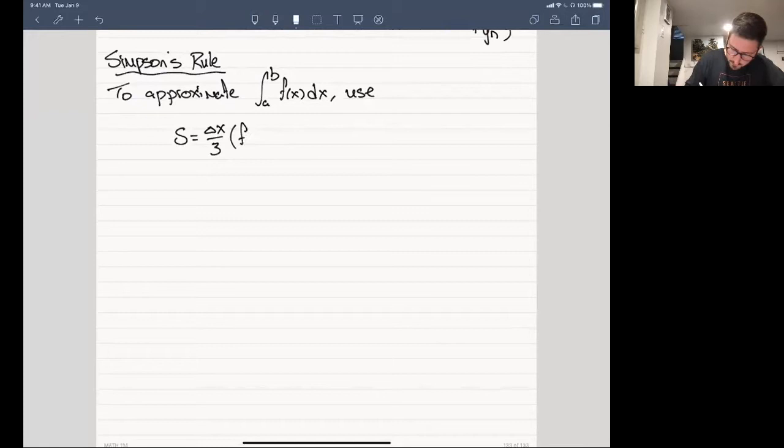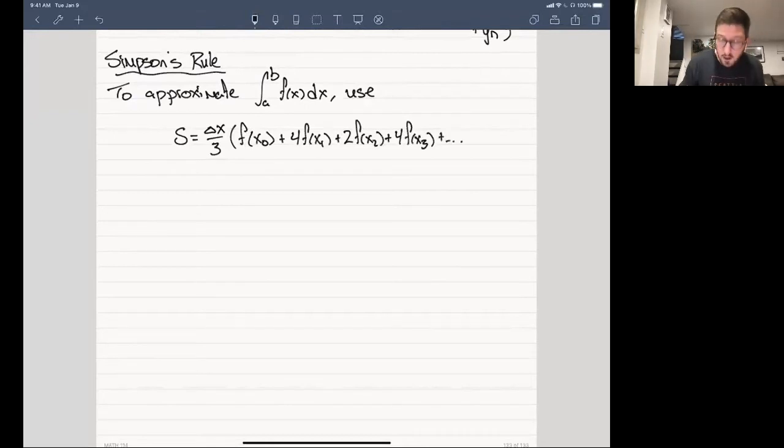Maybe I'll keep everything in terms of x's. x0 plus, and now we've got 4 f of x1 plus 2 f of x2 plus 4 f of x3. So all the odd numbered ones are going to get 4s. And then dot, dot, dot, plus 2 f of xn minus 2 plus 4 f of xn minus 1 plus f of xn, which is f of b, the right endpoint,